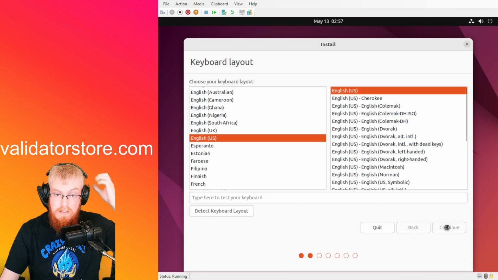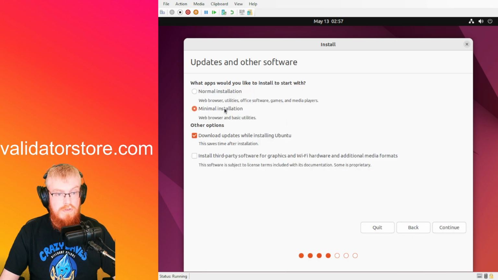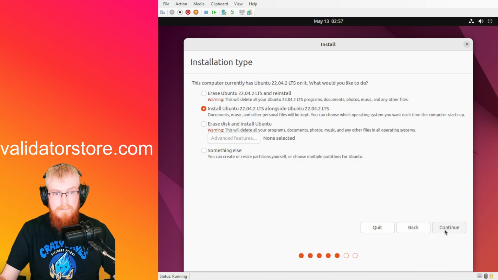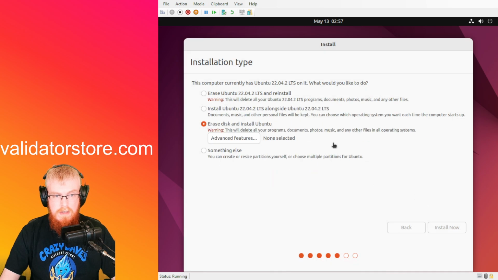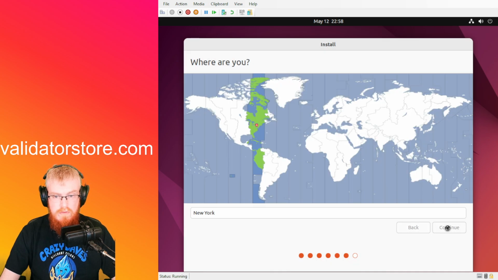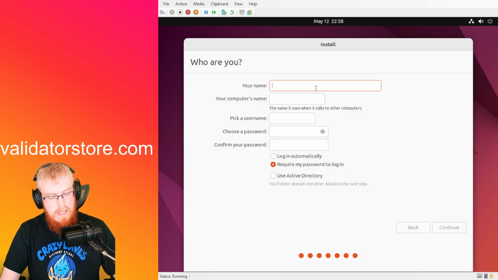Then we hit continue. I like to do minimal installation, so there's just less junk. Then continue. Then we're going to erase the disk and install Ubuntu. Then pick your time zone. And then the username is